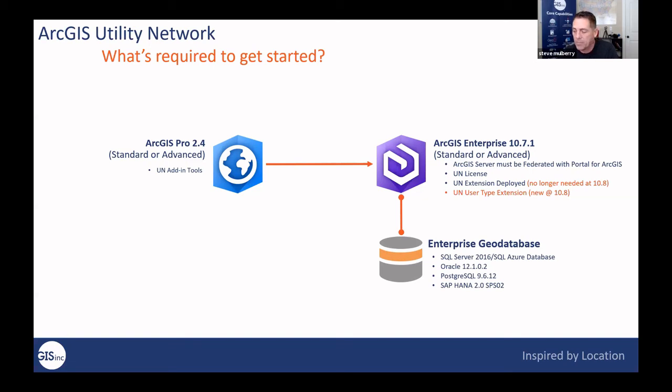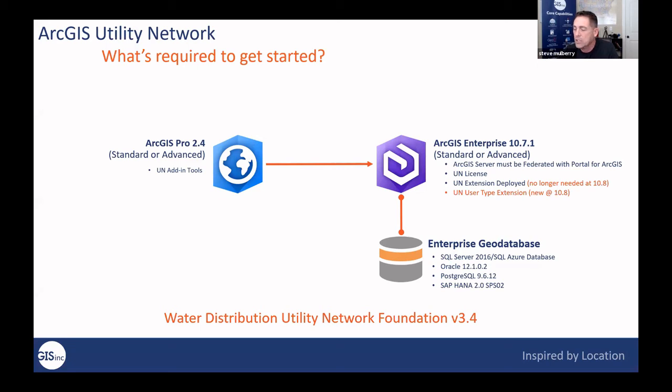It doesn't matter. And what I want to point out with this slide is that you can see the things that are going on here, right? ArcGIS Pro has been out for over 6 years now. ArcGIS Enterprise, more than that. The Enterprise Geodatabase, even more than that. And right now, this whole utility network foundation is at version 3.4. So holistically, all these components together have been around for a long time, so you can be confident and assured that it's a very stable environment to use to get up